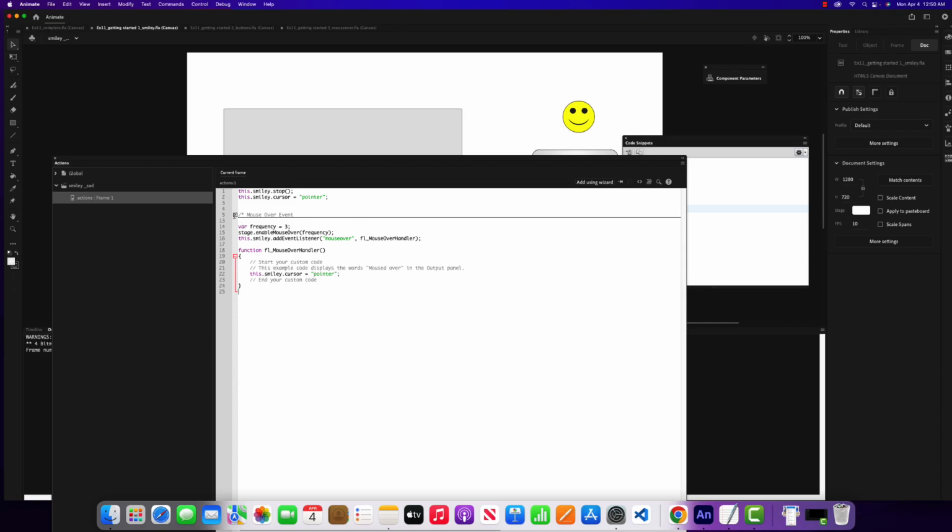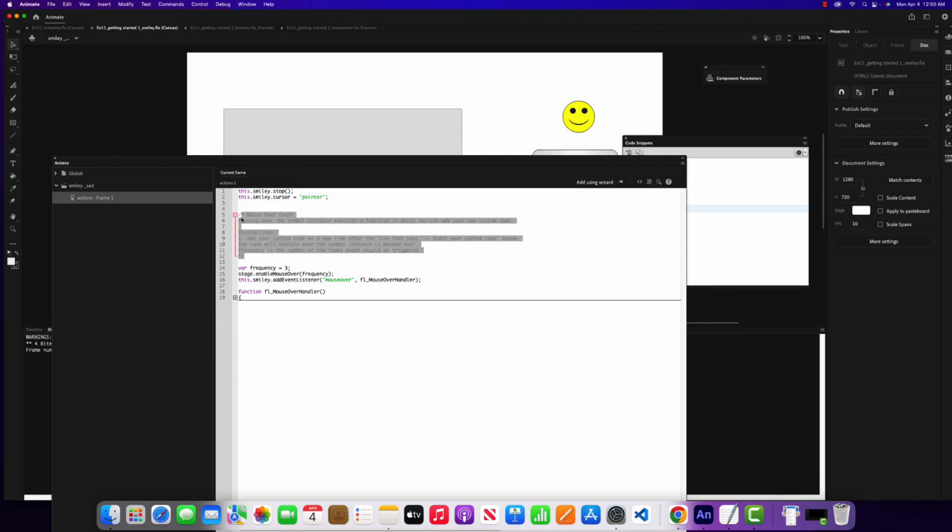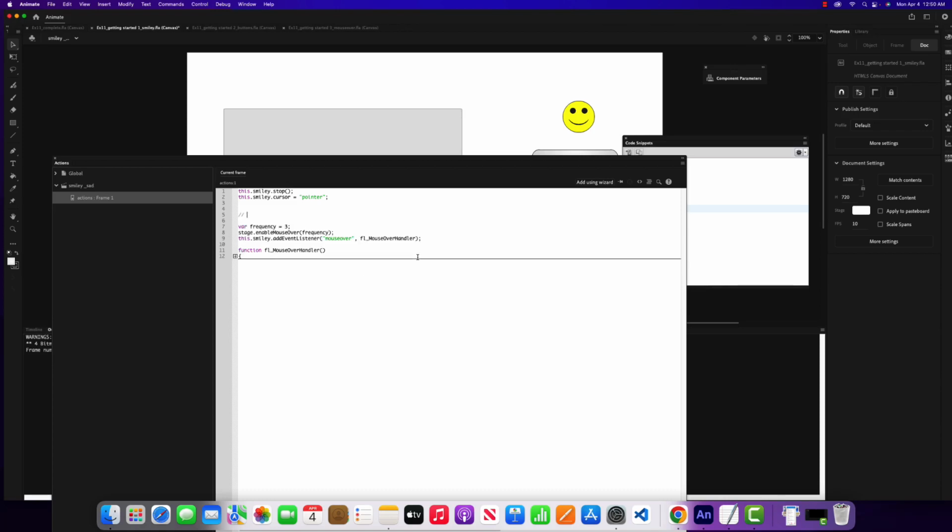All right, and by the way, you can close and reopen those code snippets, so you could collapse the ones that you're not working with. And I'm just gonna add a comment here, mouse, smiley, mouse